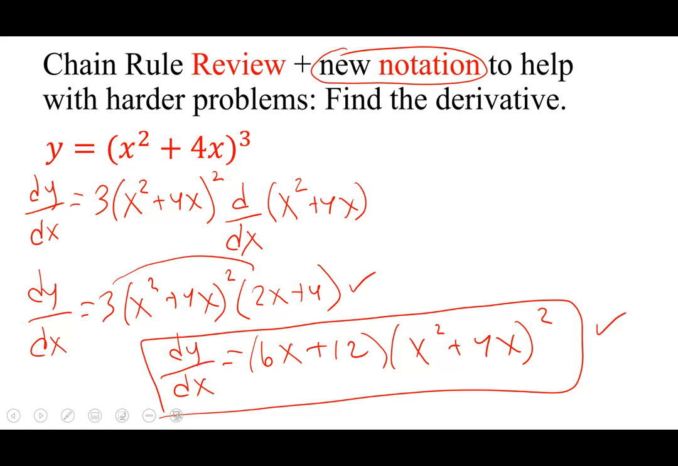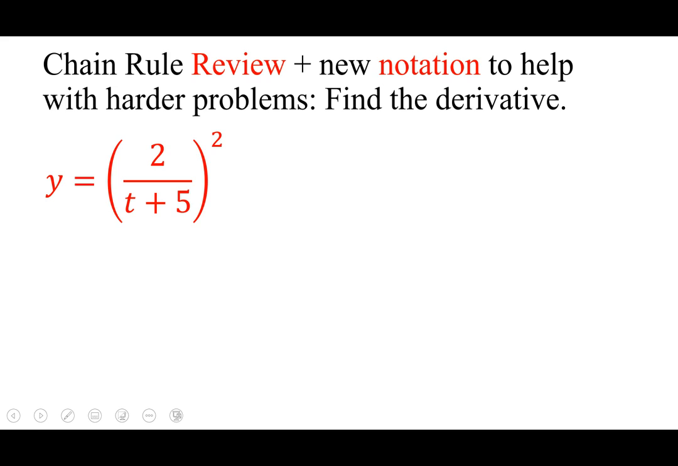So let me show you another one with that new notation. So let's say you had 2 over t plus 5 squared. So something to notice here is that you have a t variable instead of a y. So that would change your notation just a little bit. From here, I am going to do a rewrite step. I'm actually going to square the numerator and square the denominator. So if I square the numerator, I get a 4. If I square the denominator, I get a t plus 5